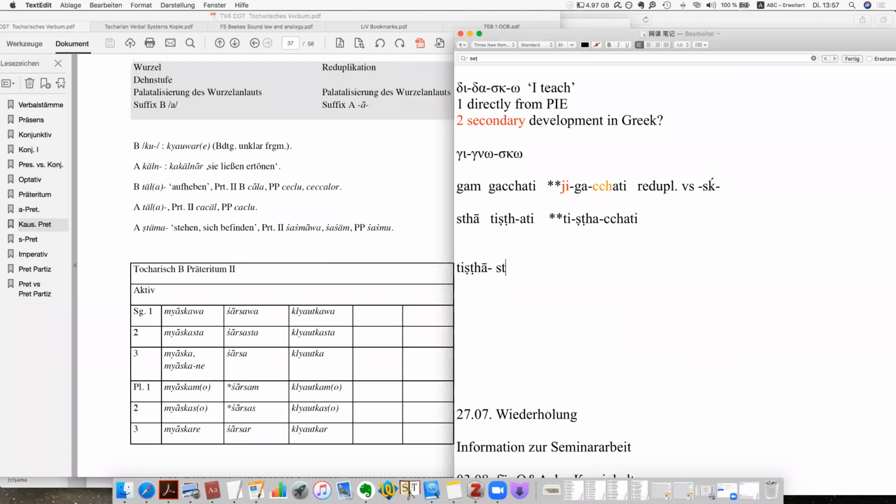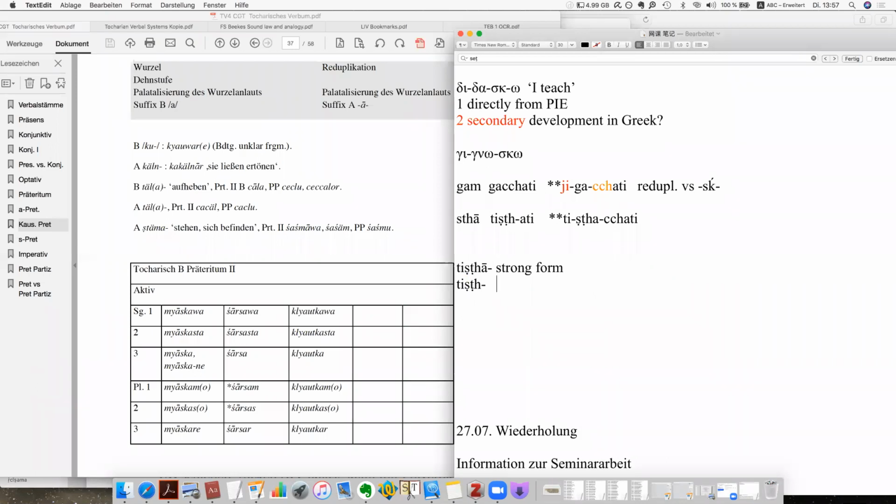This is a strong form, right? And the weak form is called, this is the weak form, right? So this is the strong form. But what happened in Sanskrit is, okay,